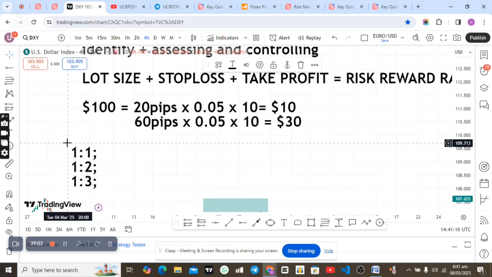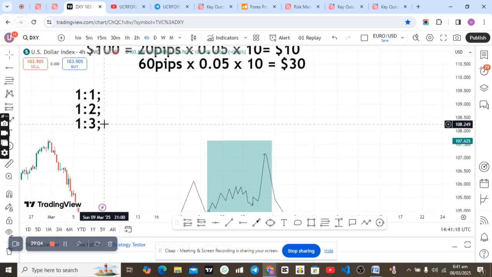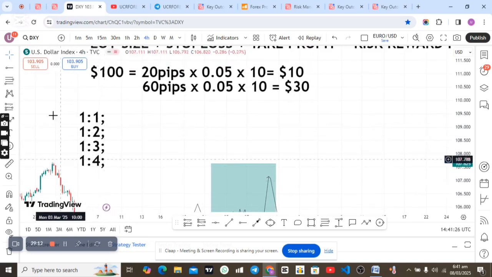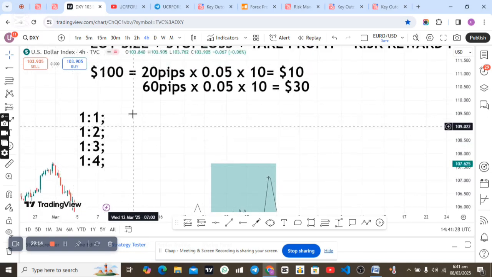We have some traders who target 1:3. We also have some traders who target 1:4. Like for me, I target 1:4. That's my risk to reward ratio. Okay, so now look at how you can understand this particular risk to reward ratio. It means that the moment you reach $10, you are expected to make double of that $10. Either you reach $10, you are targeting to make 20 USD or 30 USD.